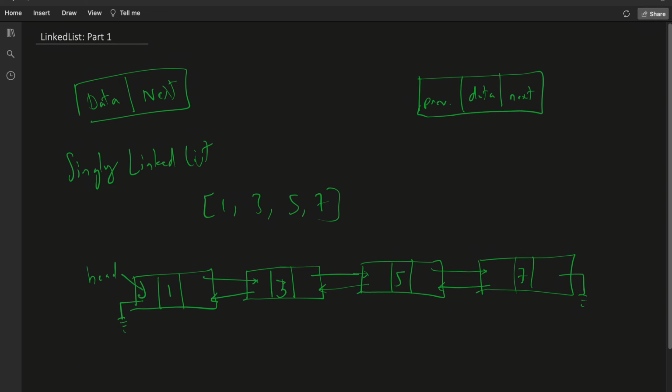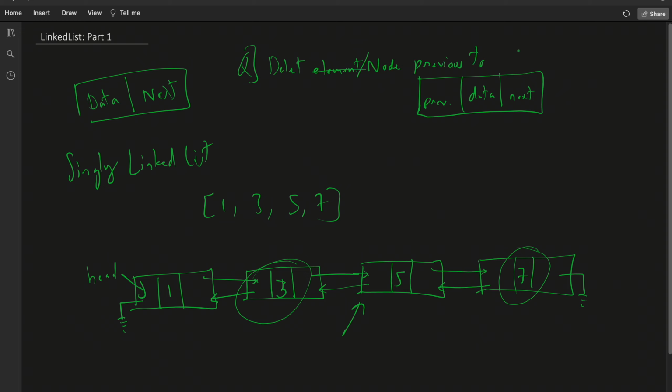Okay. Now this is what happens with a doubly linked list. In a doubly linked list we can traverse in either direction. So let's say we are at the node, we are given the node 5. We can check directly which is the previous element, and similarly we can check which is the next element. This is generally helpful. Let's say you have a question, something like this, that delete element or delete node